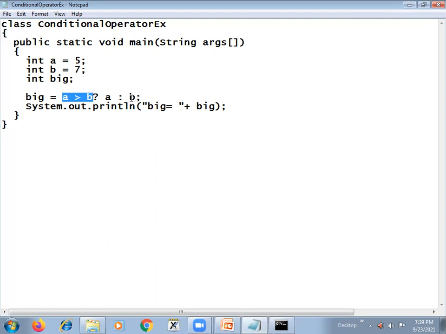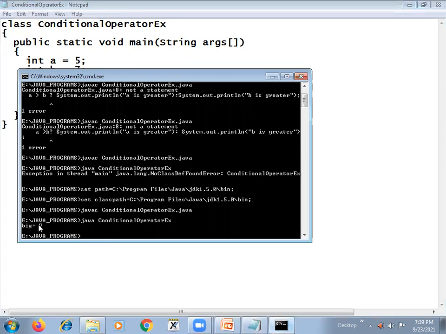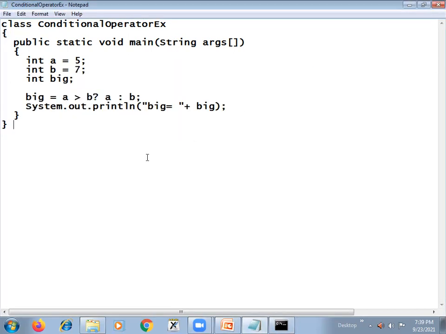So then it goes to this statement. If you have written some expression, it calculates the value of that expression, and finally that will be stored in big. Because there is only a variable here, the B value will be stored in big. So what is the B value? 7. 7 will be stored in big here. When you say System.out.println big is equal to, what is the value of big? See here, big is equal to 7. It prints 7. Okay, clear?